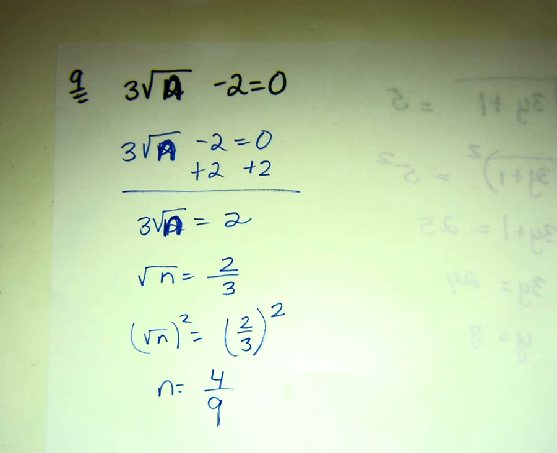Now here's the trick. You heard me previously say that square roots cancel each other out when you have 2 of them. So they cancel again. That's where the n comes from right here. But if I square it on one side, I also have to square it on the next side. So 2 times 2 is 4. 3 times 3 is 9. Your final answer